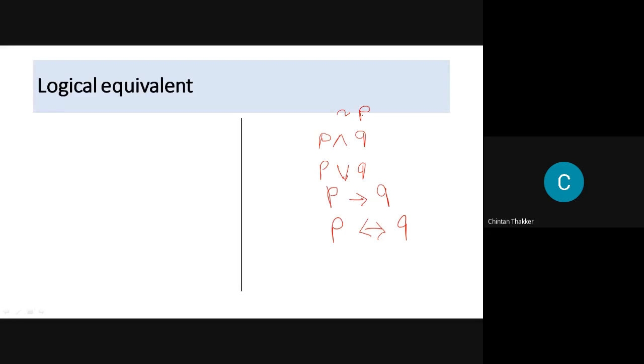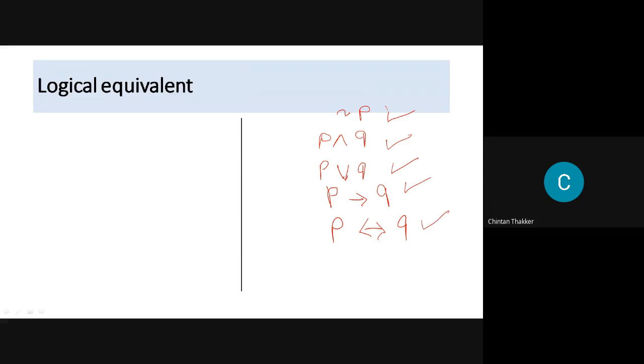If they have different values, meaning one is true and the second is false, or the first is false and the second is true, it is false. So we have these five statements: the negation of P, that is the negation statement, conjunction statement, disjunction statement, conditional statement,